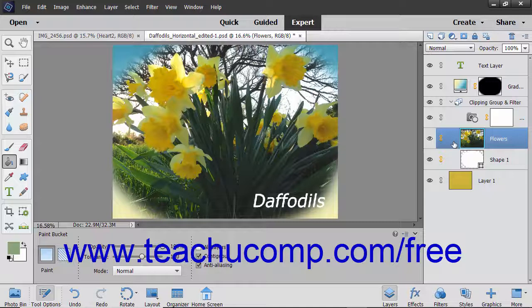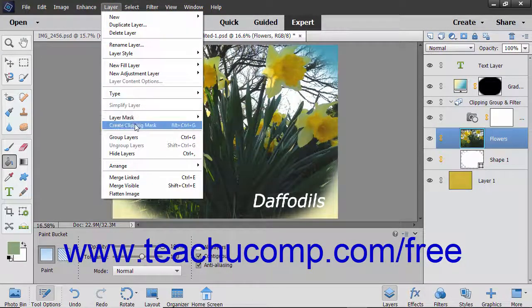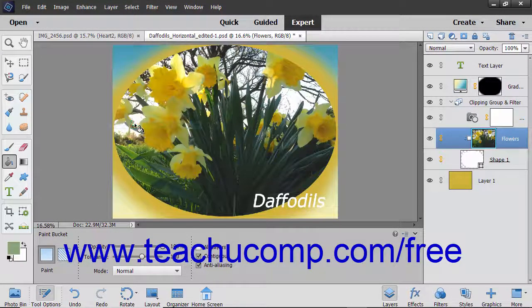To create a clipping group, place the layers into the appropriate order using the Layers panel. You can only create a clipping group between two adjacent layers at a time. Select the top layer in the group within the Layers panel. Then select Layer, Create Clipping Mask from the menu bar to create a clipping group between the selected layer and